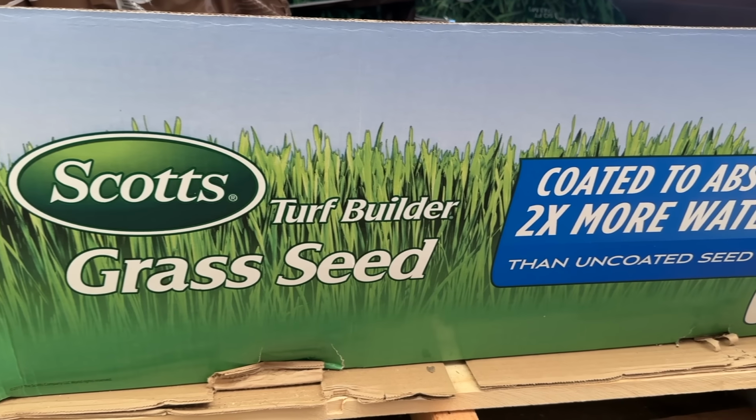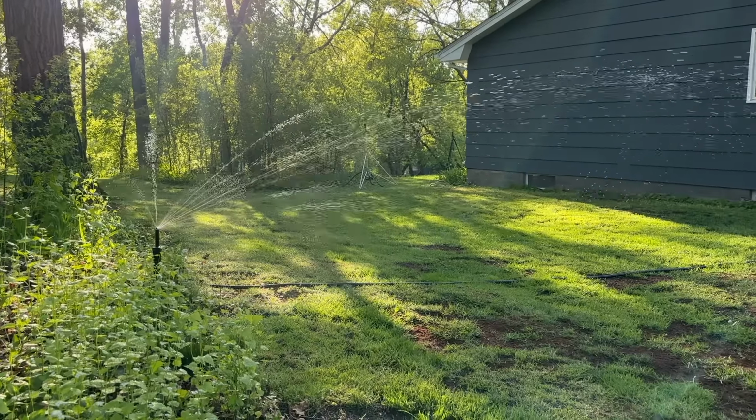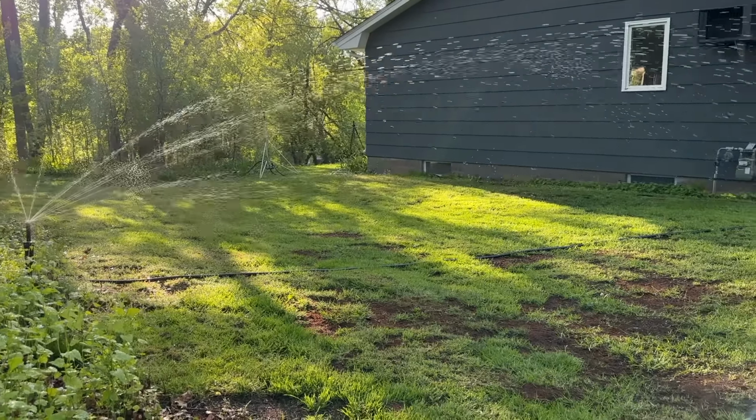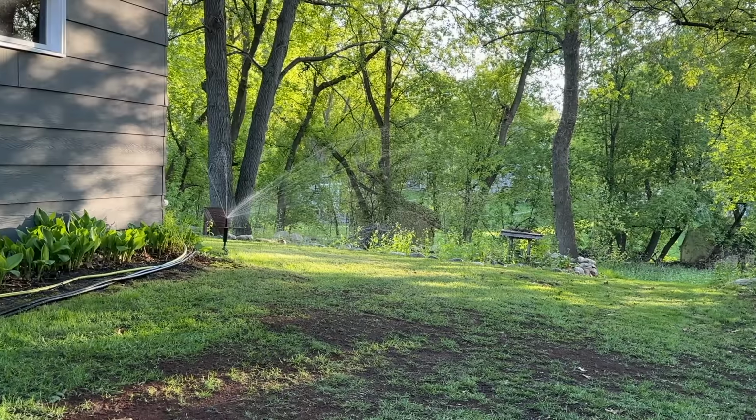product. Cost is my main complaint here, guys. It's fine to have a coating on the seed that helps people find success if they forget or choose not to water as often as they should. I get it. People want their grass to grow, but look at the cost and let's do some grade school